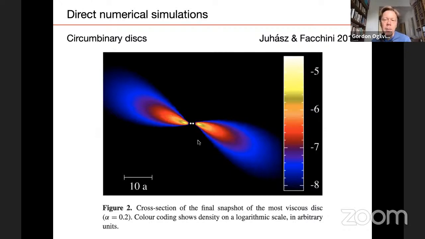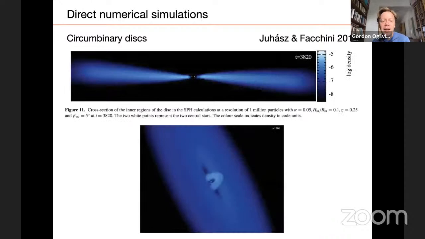But what's been found in this type of calculation is that in certain regions of the parameter space, particularly if the disk is sufficiently thin and not so viscous, and if the tilts are large, then there's a tendency for the disk to break into distinct segments. So rather than having a smooth transition, a smooth warp, the inner part of the disk breaks off and has only a very tenuous connection with the rest of the disk, and that allows it to precess essentially independently of the rest of the disk. So that's one of the interesting phenomena that's been revealed.